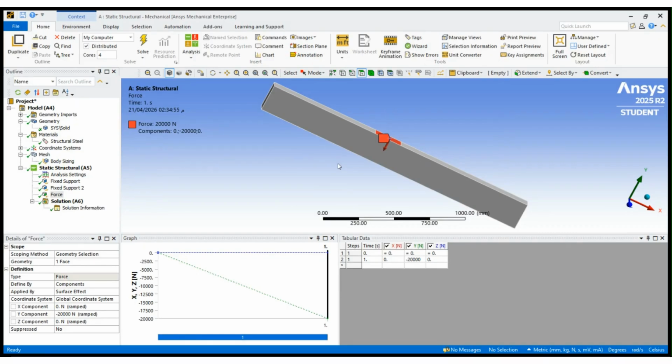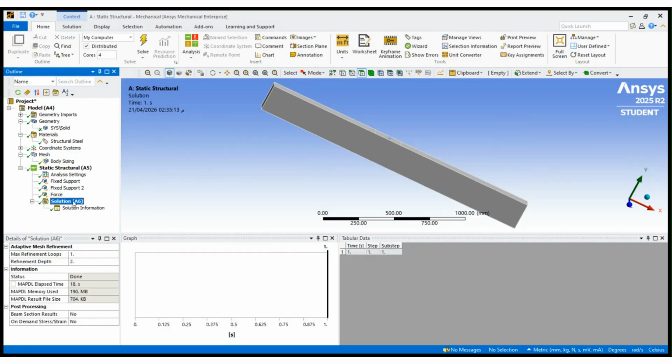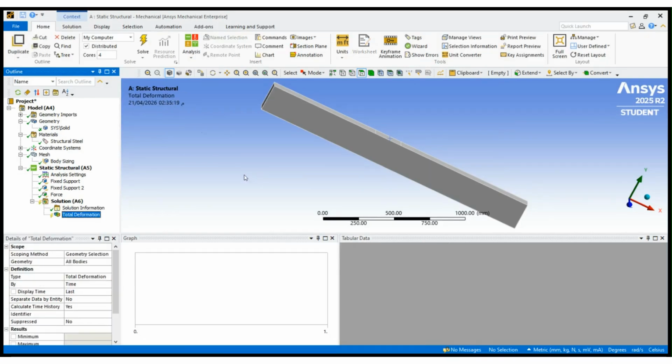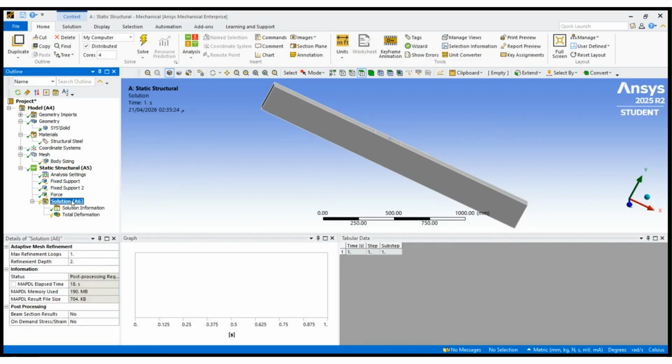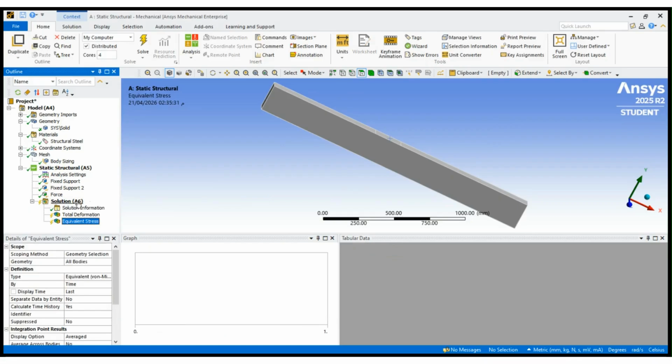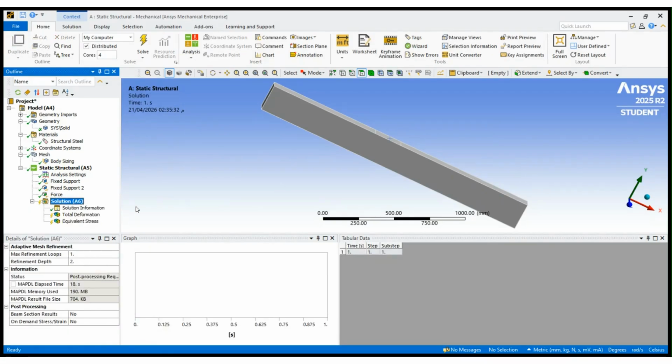The solution is solving now. As you see, I added total deformation, and also I added equivalent stress, and I will solve the solution.